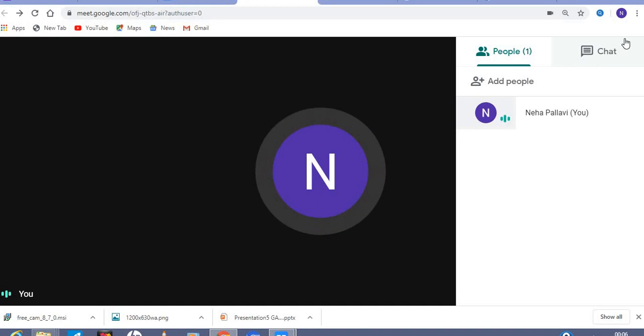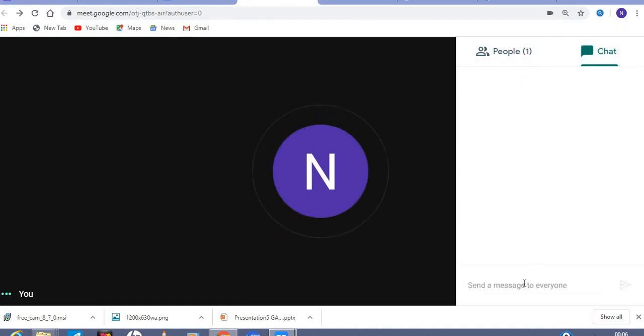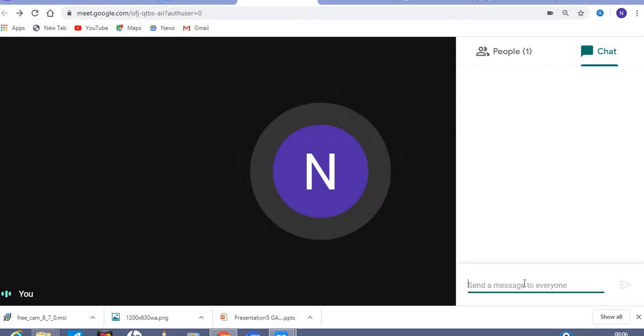Now the second feature is this chat. Click over it. This is a feature for sending a message to everyone. A teacher can use it to send a message which he or she has to give to every student, or students may also use it if they have any doubt, they can write a message and send it to you.